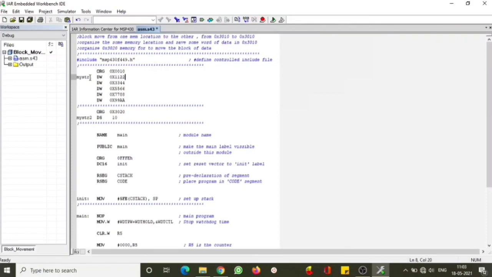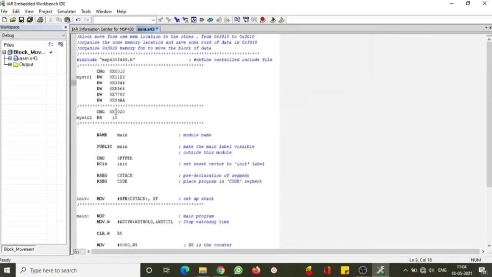And then we are actually moving the string, my string. We are naming it my string, and the string values are started with DW, meaning it is word data. Word means it is 16-bit. We all know that when we specify 0x, it means that the input data is in hexadecimal format. So we are giving the values 1122, then 3344, 5566, 7788, and 99AA. And we all know that the MSB data will be stored first, and then the LSB data will be stored next. We will see that. I'll show you that also in the memory. Observe that the data that you have given is 1122. Only one data I am taking for that representation.